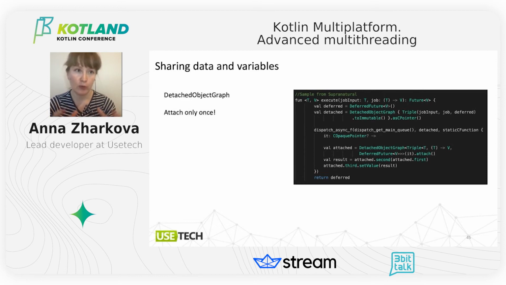You have a detached object graph, and in this graph, in memory, you put all the variables you need at creation. It could be a map of your variables, or maybe some pair or triple. For example, in this case, it could be data for some function, a link to this function, and also a link to a callback for this function. Well, we created a detached object graph, and then we need a pointer to that graph,